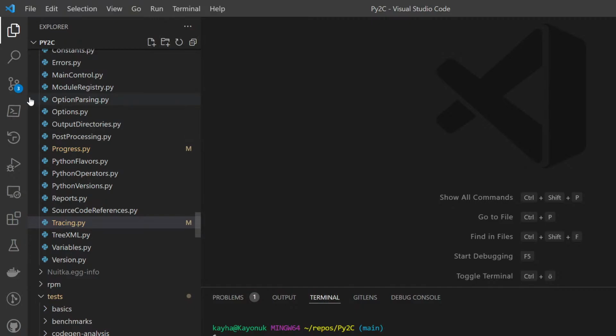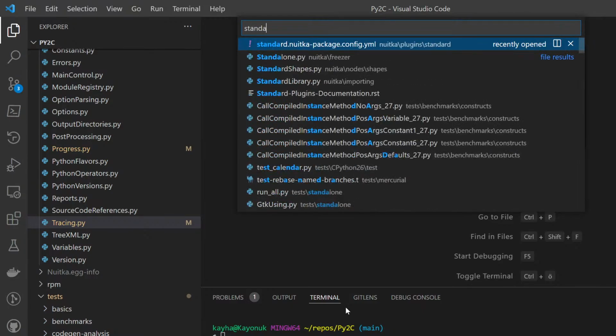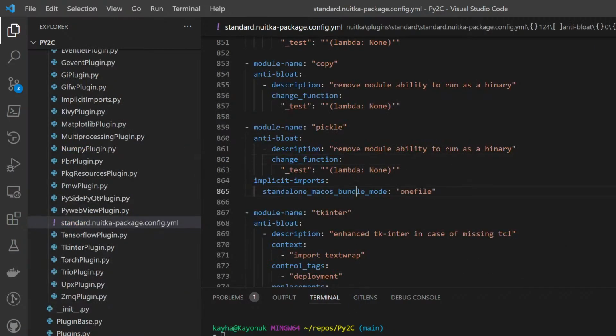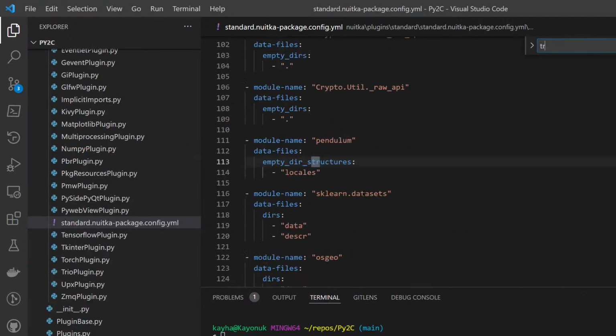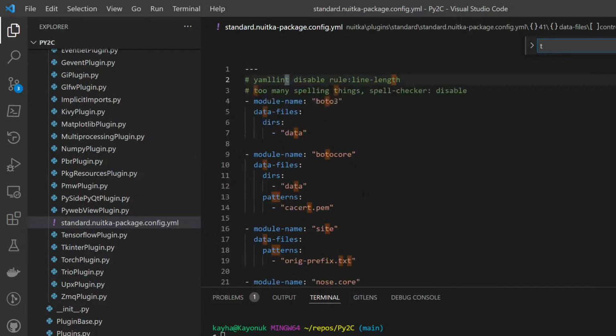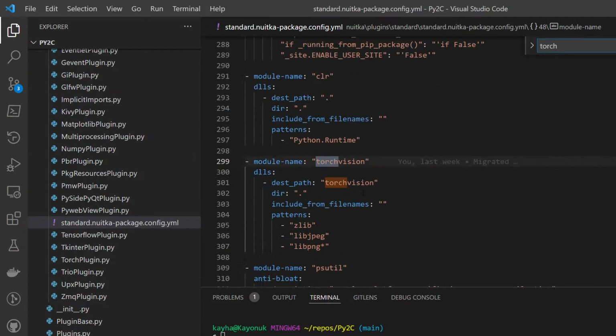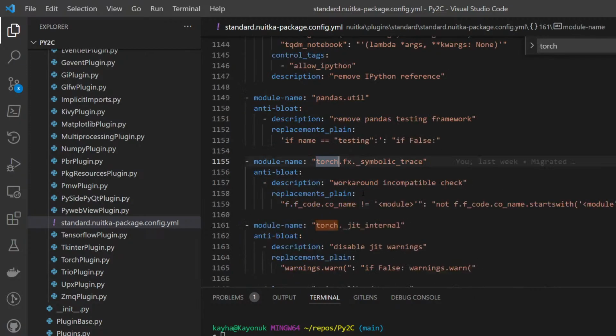I might be switching it to be my real desktop now, because it's still faster even if it runs with CI in the background. And the file is now named like this. And for example, if we search for torch, we find, for example, DLLs to include for torch vision.